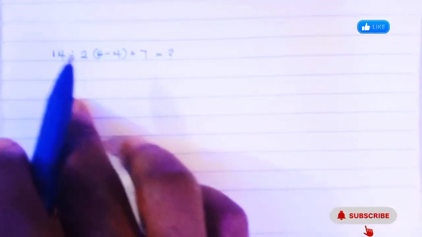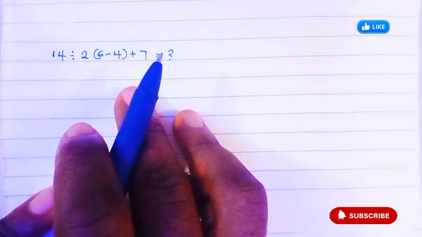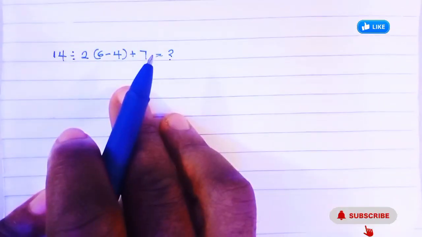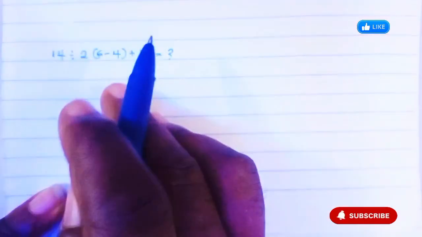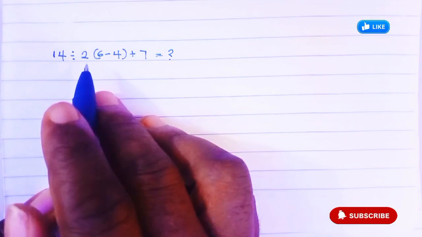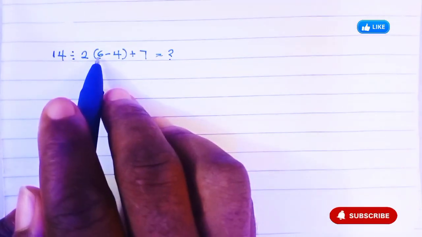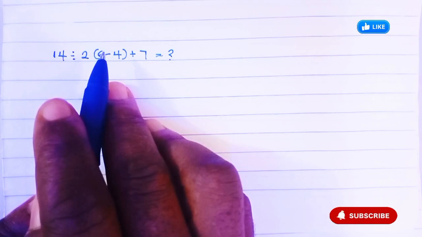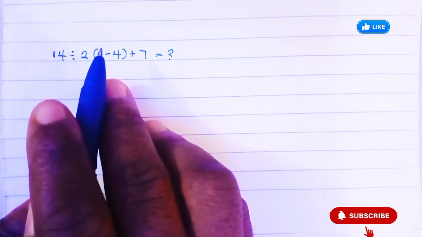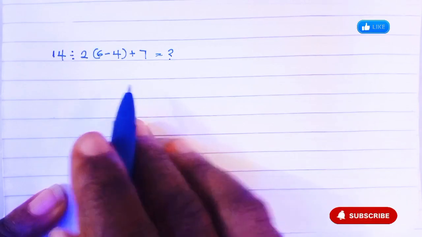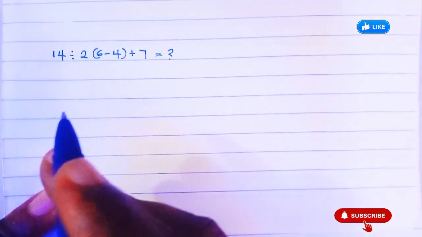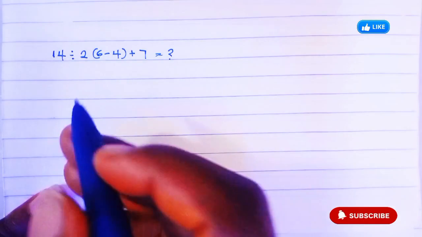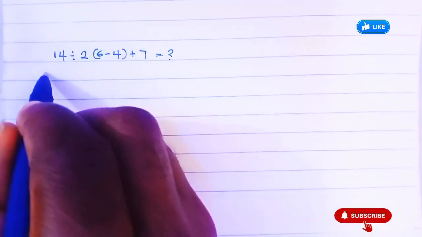Alright guys, let's solve this expression. In solving this, some might go by multiplying everything here with 2. Alright, but that is the wrong way of solving it. So while solving it, we are going to make use of the order of operation, where we have